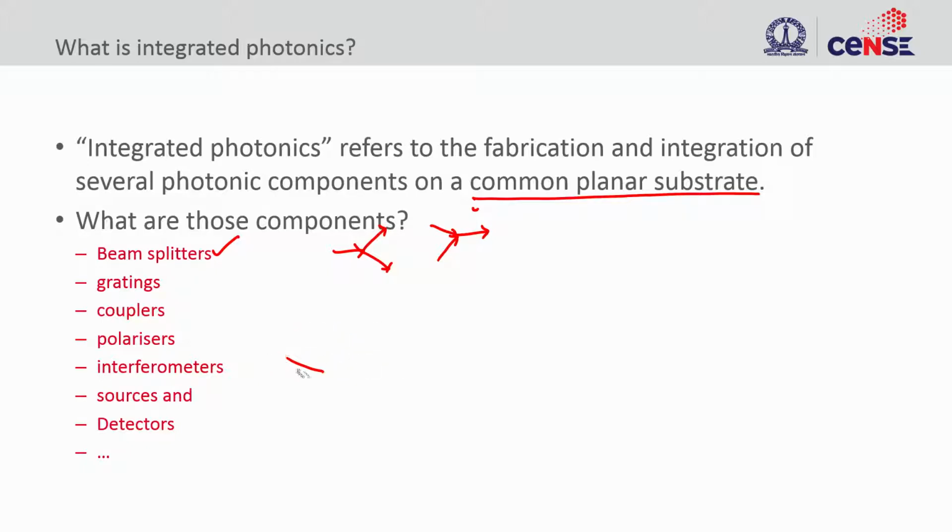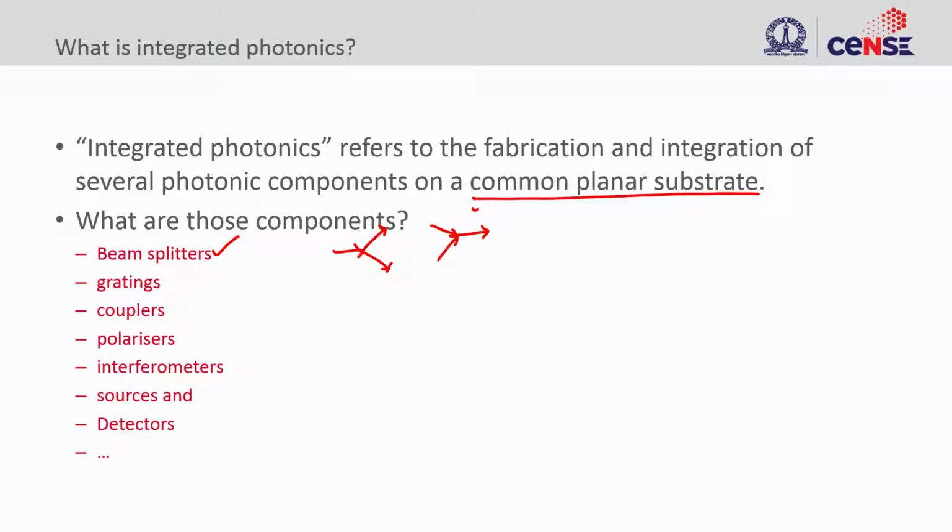That is an interferometer. Light sources: you could have light sources integrated on chip generating photons, and when photons are generated, you want to detect them. That's the reason you need detectors as a component on chip, and there are many more